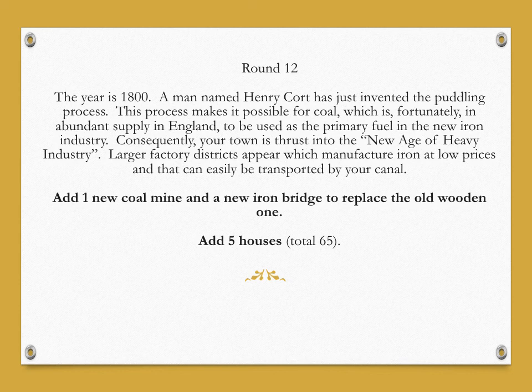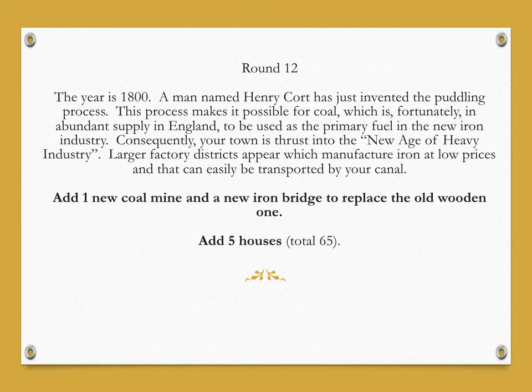The year is 1800. A man named Henry Cort has just invented the puddling process. This process makes it possible for coal, which is fortunately in abundant supply in England, that's why the Industrial Revolution started there, to be used as the primary fuel in the new iron industry. Consequently, your town is thrust into the new age of heavy industry. Larger factory districts appear which manufacture iron at low prices that can easily be transported by your canal that you built long ago. So add 1 new coal mine and 1 new iron bridge to replace the old wooden one,